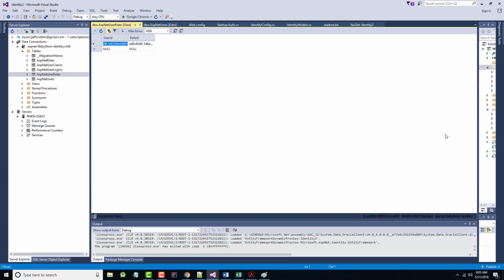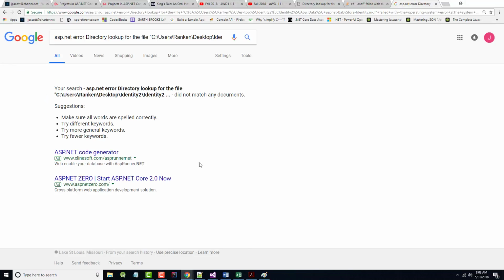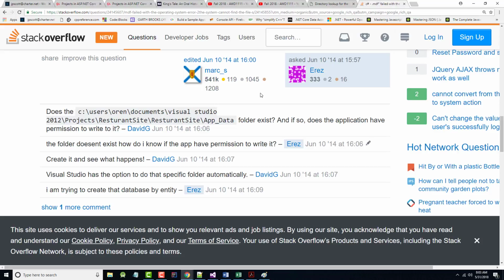I think what I will do is to come out and try to see if there's some kind of a support thing for the database, all right, and figure out